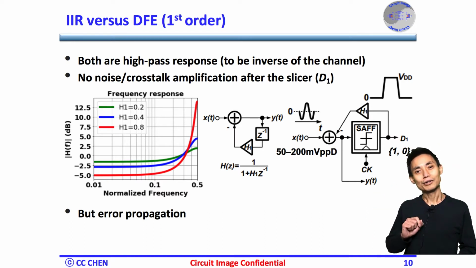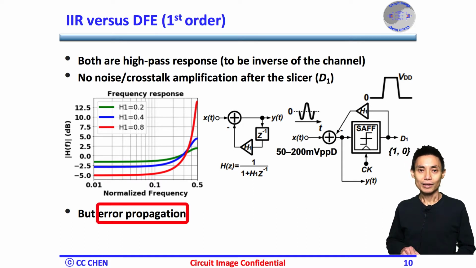Bingo, that's correct. The DFE will introduce more ISI if making a wrong decision and result in a burst error. We call it error propagation. Again, this error propagation might not be a big deal, but we must be aware of it all the time in the DFE design.